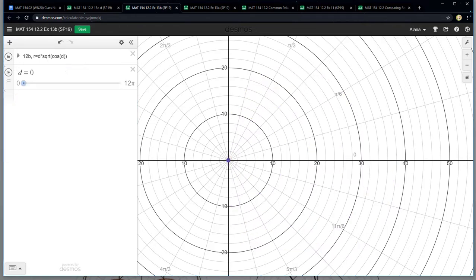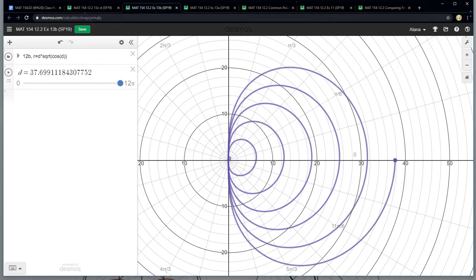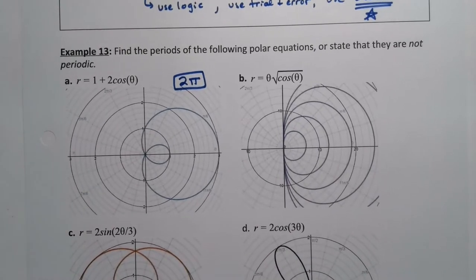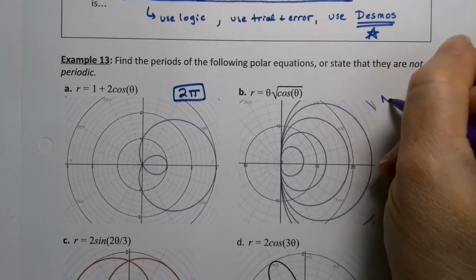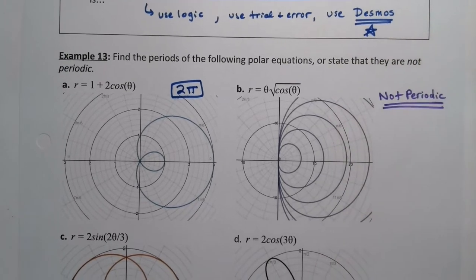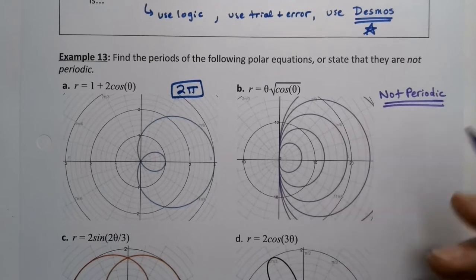So if I start with d, around and around and around it goes, and it's just getting bigger and bigger and bigger. There's infinitely many concentric loops, and it actually stops. Desmos doesn't really let us graph much past 12 pi, so it kind of quits on us, but we can see that this is going nowhere. Spirals and concentric loops like this, they're not periodic. So not periodic. Those spiral graphs we graphed a while ago, there was a spiral we graphed, actually 2 of them. They don't have a period either. They just keep spiraling, right? So there's infinitely many